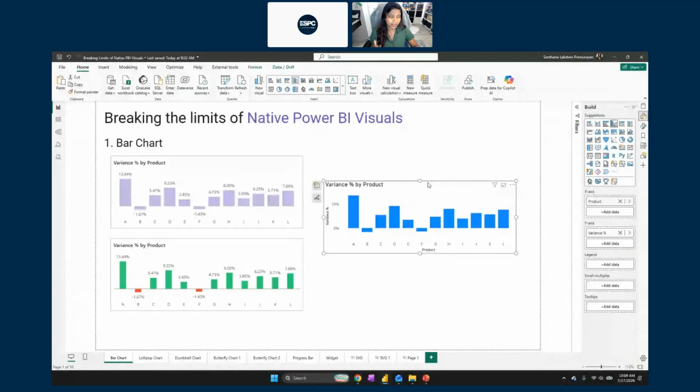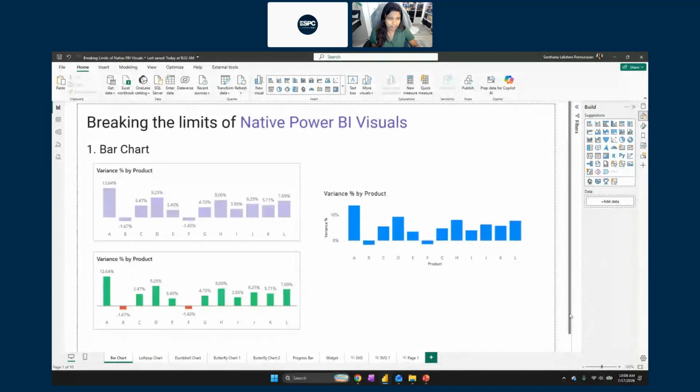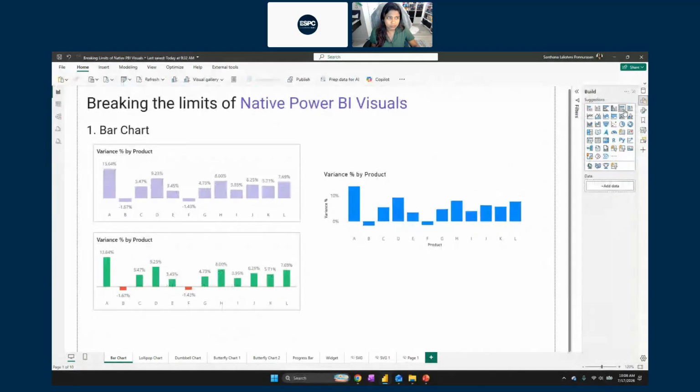Now, what happens is this might solve your problems, but the end user is not really able to understand what's going on. Let me zoom in a little bit and get rid of this. Perfect. I hope the zoom level is okay now. Now this solves a lot of questions, tells me what's happening.